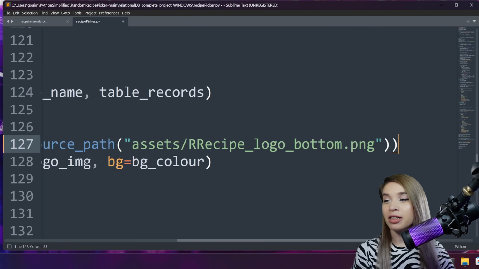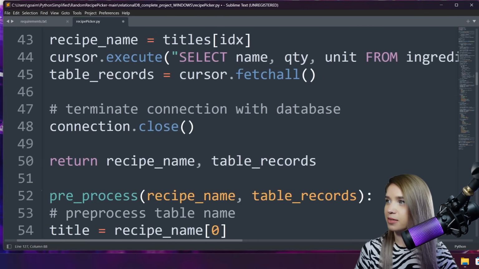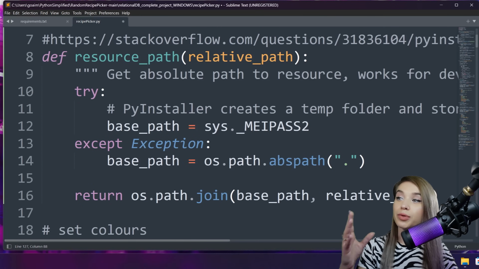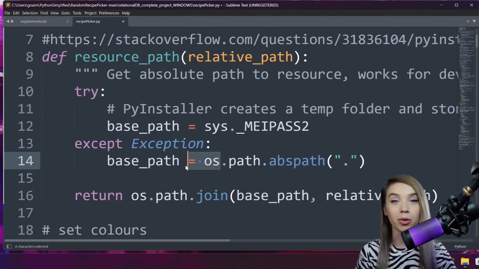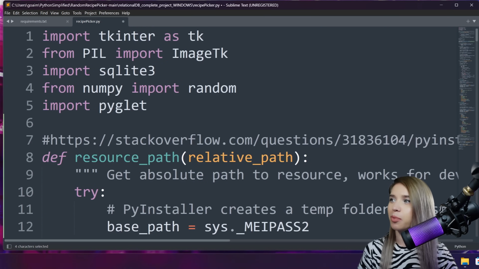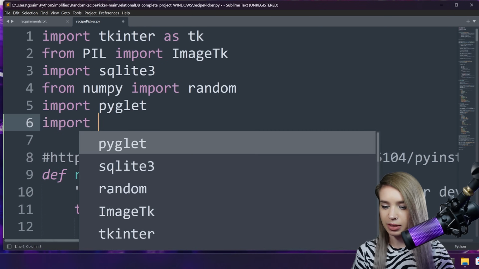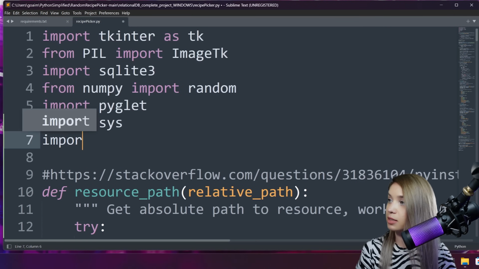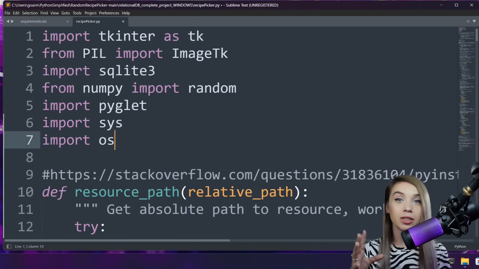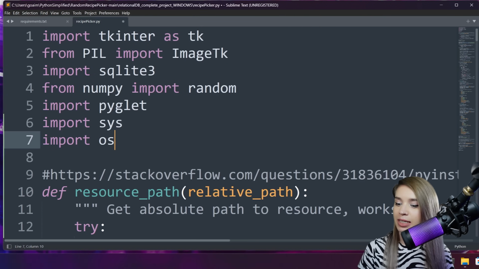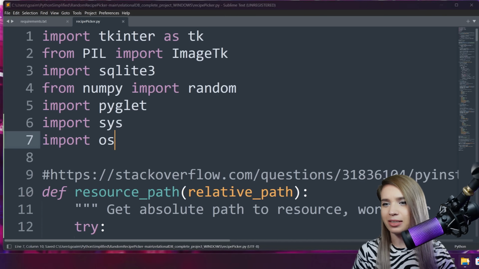Beautiful. Now, before I forget, let's scroll up. And since resource path is using members of the sys and os modules, we will of course need to import them. So import sys and import os. Now, we don't need to install those modules because they come built in with Python. So let's quickly save this file,